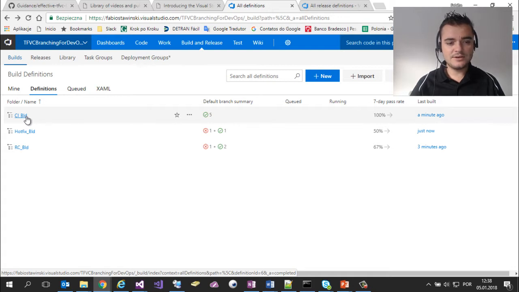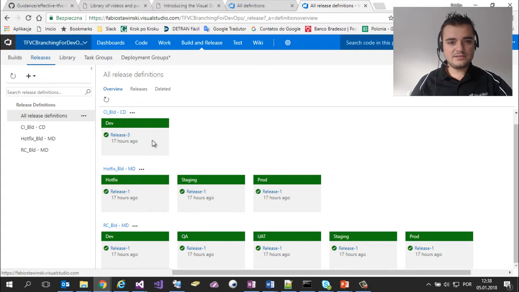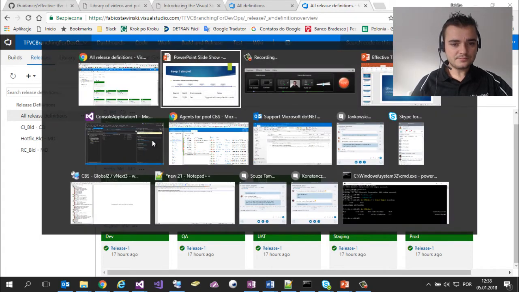This is a base build. We don't have any fancy things here. It's just based on the template that we have available here. I just created a console application, and then I added it here, and I'm building it. And then I created a release definition for it, and we are deploying it on the dev environment. So getting back to the presentation,